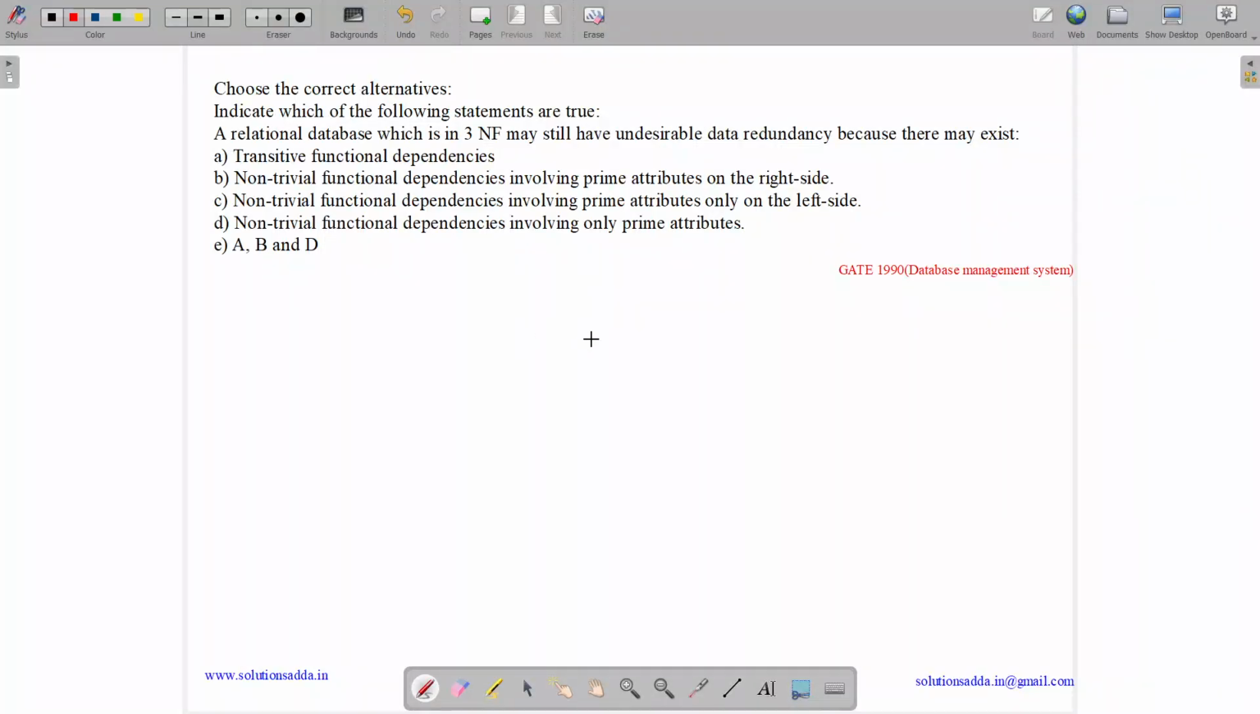This question belongs to the database management system subject and was asked in GATE 1990. The question states, choose the correct alternatives. Indicate which of the following statements are true. A relational database which is in 3NF may still have undesirable data redundancy because there may exist transitive functional dependencies,